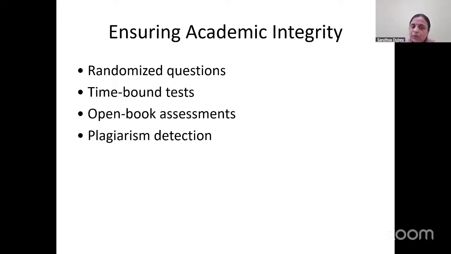And next is plagiarism detection. Most LMSs do not provide plagiarism detection. We need to add an extra plugin or credential from a plagiarism detection tool, like what we have in Office or Outlook, the Teams and all. Similarly, we can integrate Turnitin to check each assignment for plagiarism.